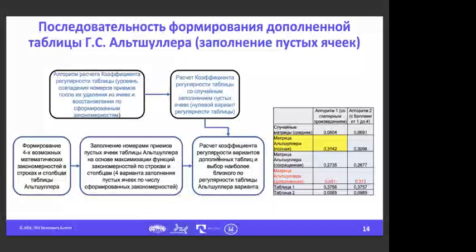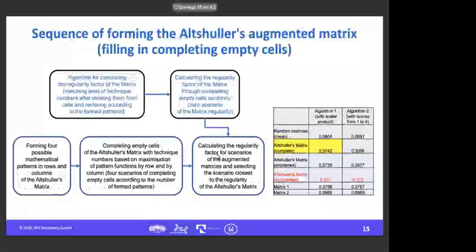I won't go deep into all particular numbers in detail about our work and about our experiments. You can find in this article which we would prepare after this summit, but we have to note that we had a lot of different approaches. Altogether, we had 4 of them, and we found one which is mostly correct, and it was helping us to fill the Altshuler table matrix with the coefficient of regularity.